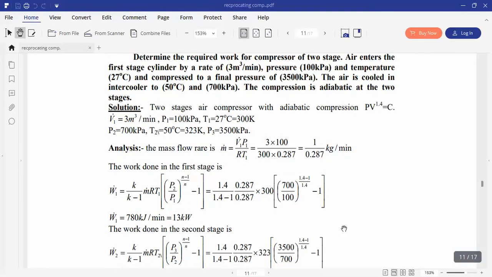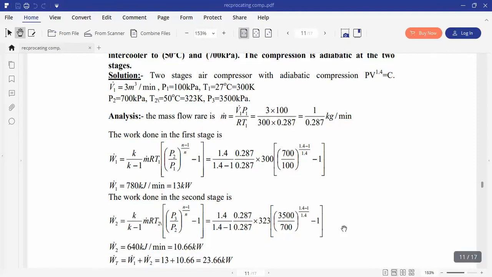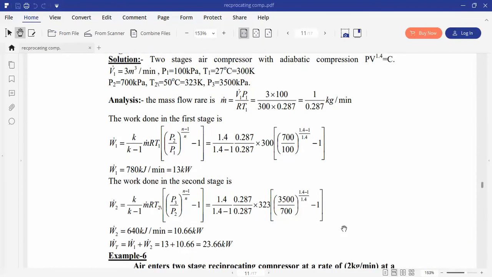minute or 13 kilowatt. The work done in the second stage, W dot 2 equal n by n minus 1 into m dot R T2 dash into (P3 by P2) to power n minus 1 by n minus 1, and by substituting the known information we can get W dot 2 equals 640 kilojoule per minute or 10.66 kilowatt. W dot total equal W dot 1 plus W dot 2 equal 13 plus 10.66 equal 23.66